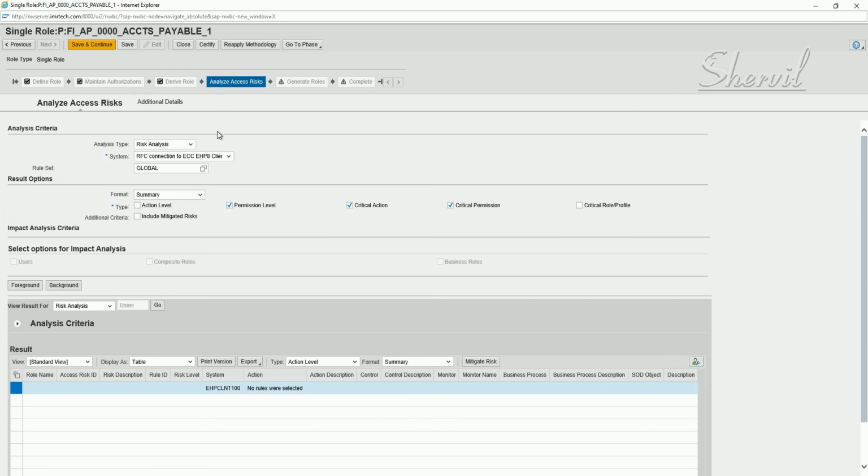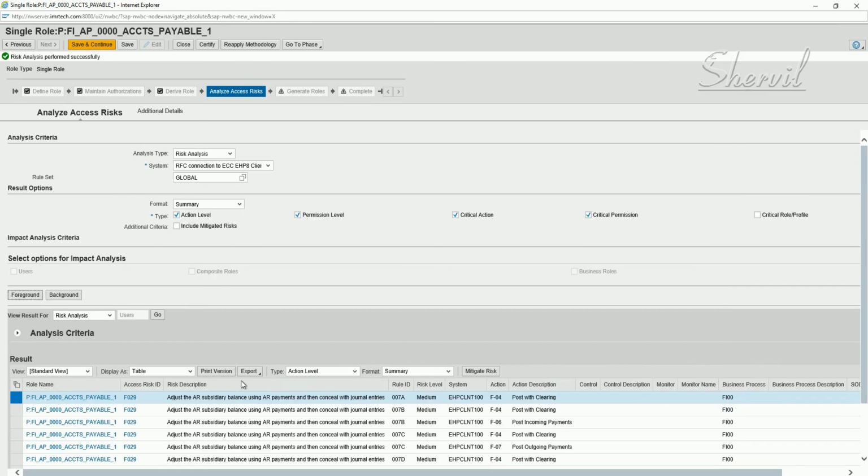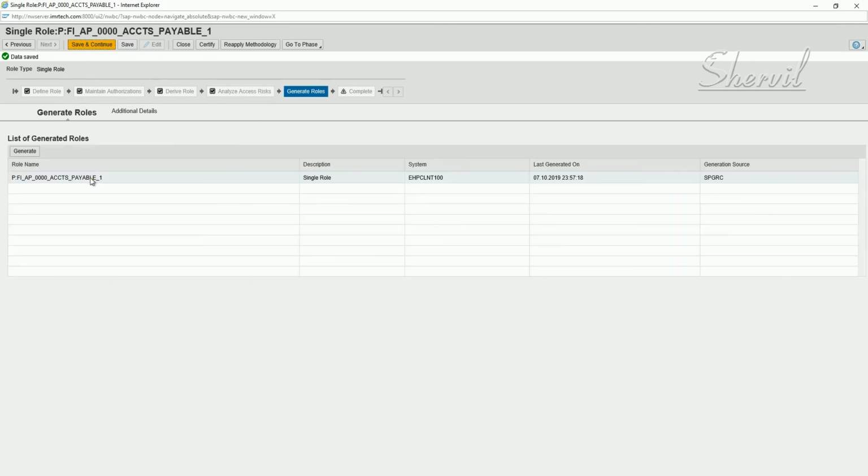Now you have to do the risk analysis here. Go and say continue. So run the risk analysis, right? Run it in the foreground after selecting your rule set. So you have risks because the risks were there originally in the master role, the parent role. Save and continue. Generate.